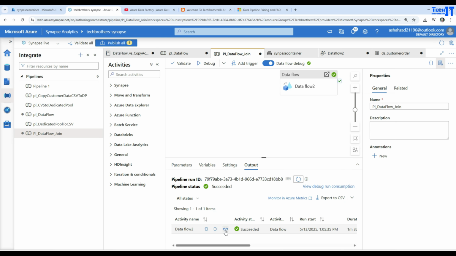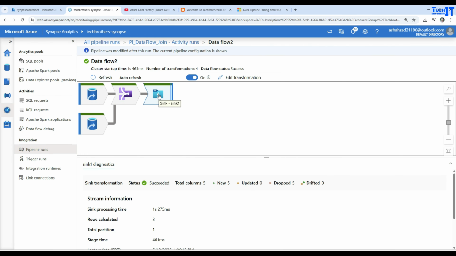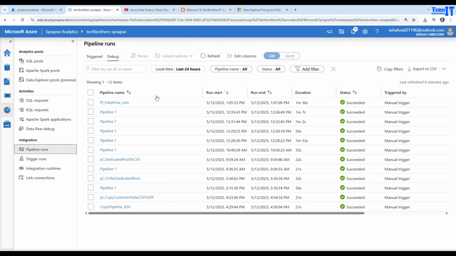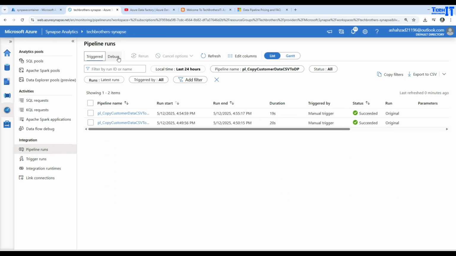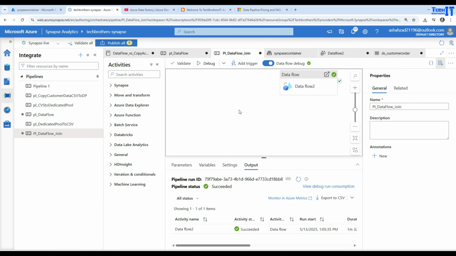Okay, our data flow is completed, and here's our final output. You can click right there again, and it tells you all those details. You have already taken a look. You can always go to monitor here. In the monitor you have these pipelines, and in the pipelines you can see the pipeline you just ran, and you have to go under the debug, because we did not trigger that pipeline. We ran it in debug mode. So you can see right here, and you can also click here,